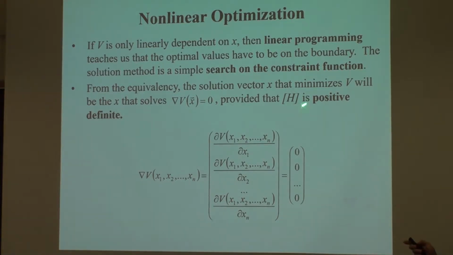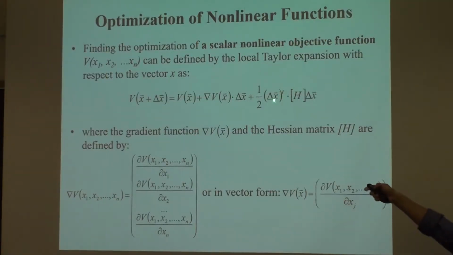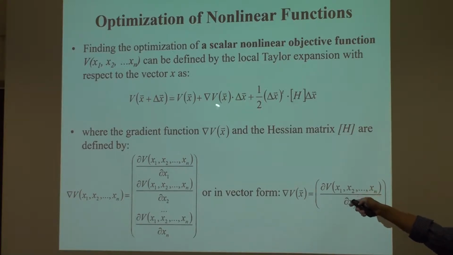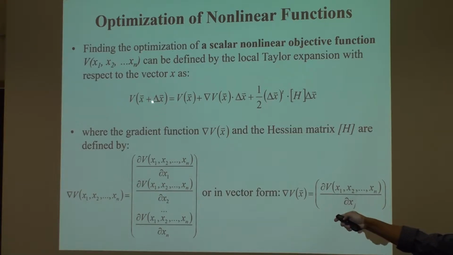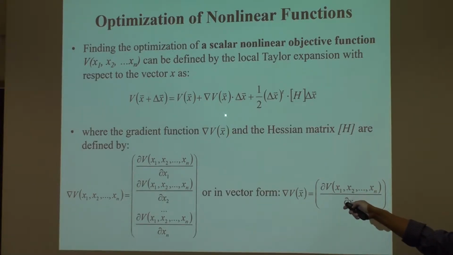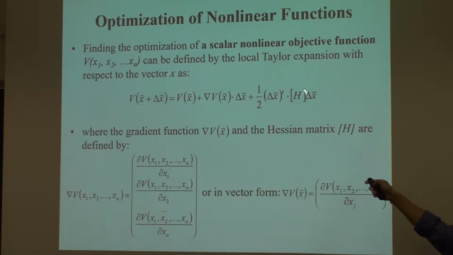So they will come very soon, okay. But for H to be positive definite, this term will be a positive number when the gradient goes to 0, when you search for the minimal point, right? This is a positive number. What does that mean? That means that f(x plus delta x) is always larger than f(x). At the minimal point, this term is 0, and this is a positive number always, whatever the delta x is.